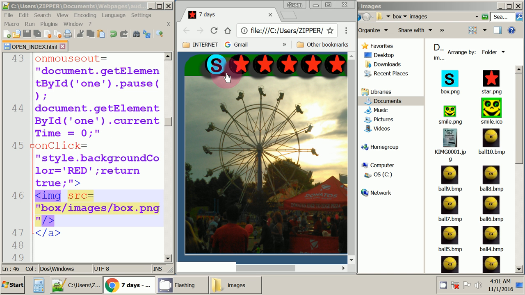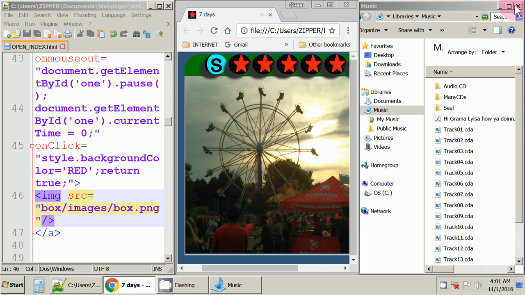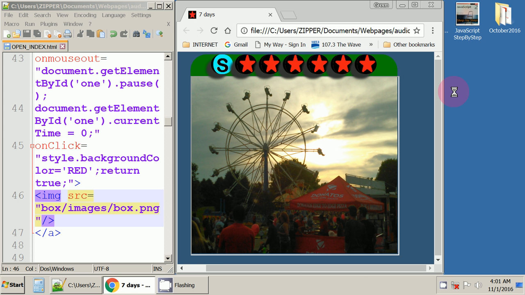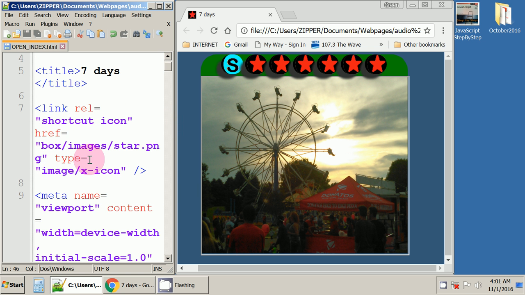Refresh the page. And now you see that I have an image link. Whoops. That's totally different. And it's that easy to create a small image link of a 50 by 50 pixel. The same thing, my box.png, can also go up in here in my shortcut icon. So instead of box images star.png here, I'll just back up the star and type box,